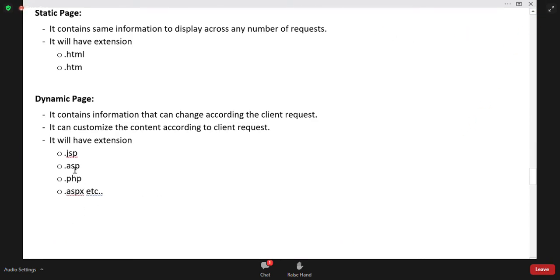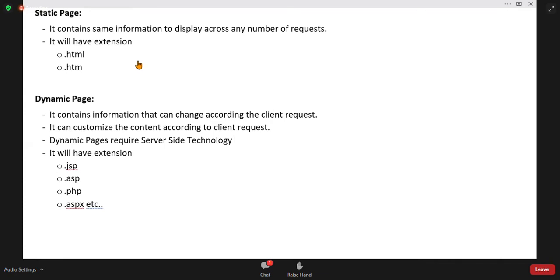Dynamic pages require server side technology for configuring functionality.